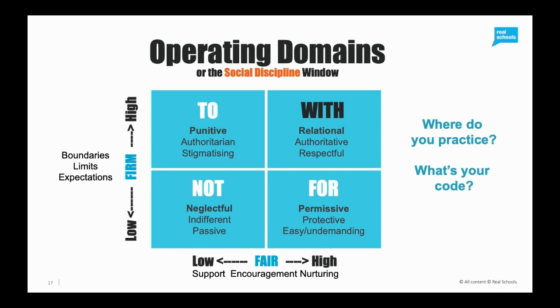I would put 5 of them in the 2 box, because if I fall out of the with box, it tends to be to the 2 box and I get a bit angry and grumpy and start throwing out punishments. I need to catch myself doing that. I put 1 in the not box because I don't go there very often, but I do have Friday afternoon at the end of term as well. And I put 3 in the 4 box because on some occasions I can fall for that trap.